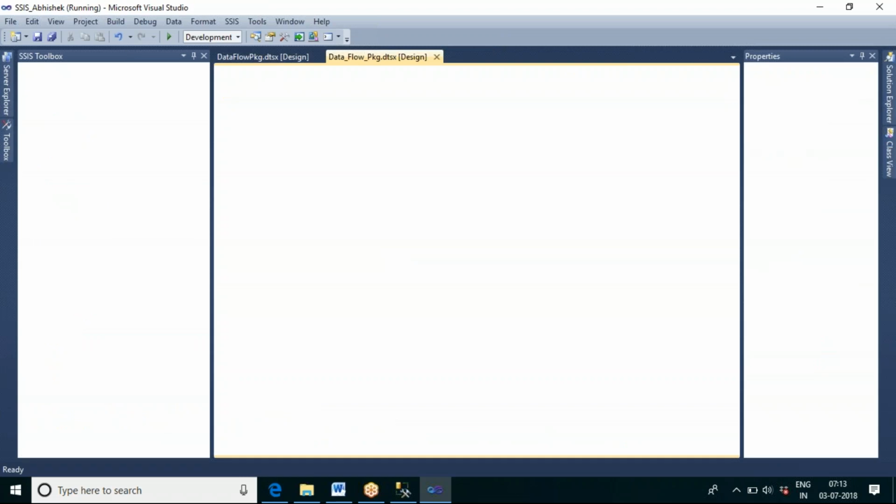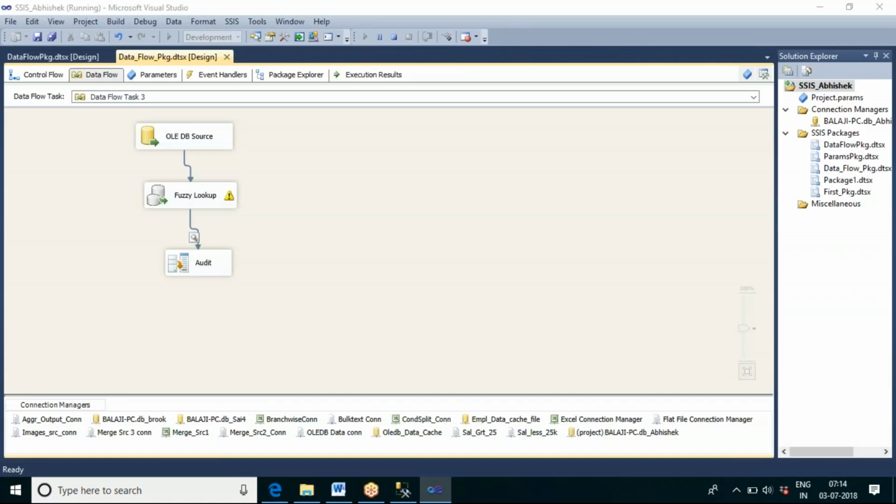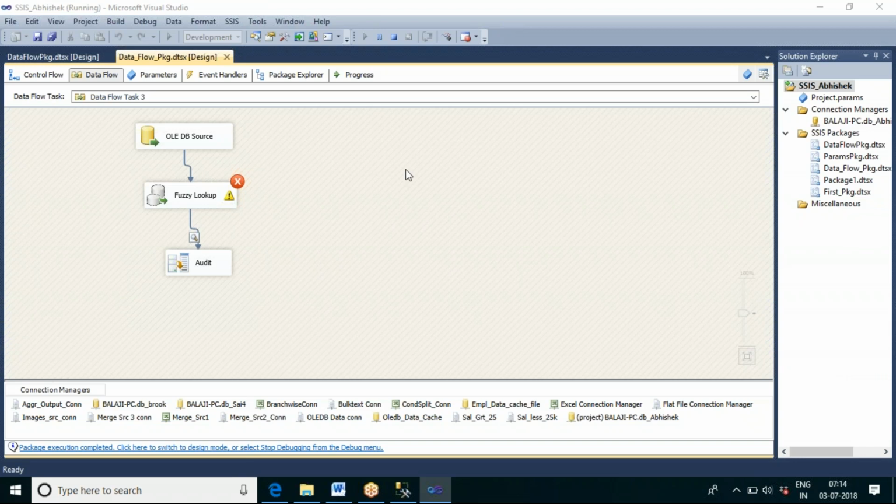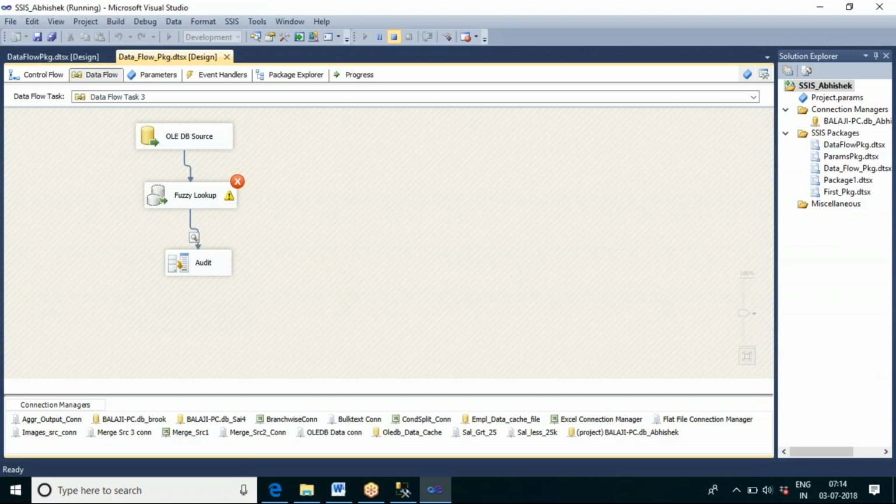Let me execute one more time. So now you can see it is trying to create the index. Okay, so because of that it has failed.